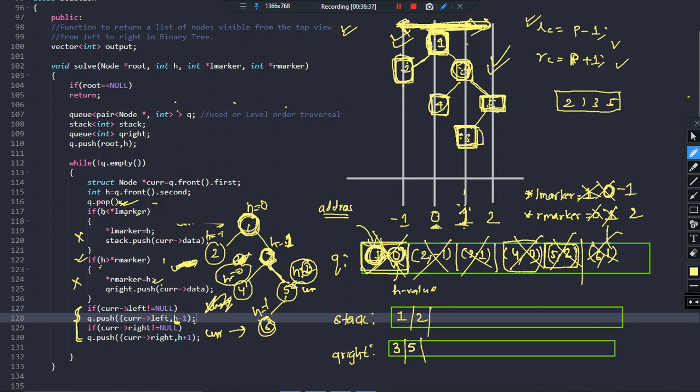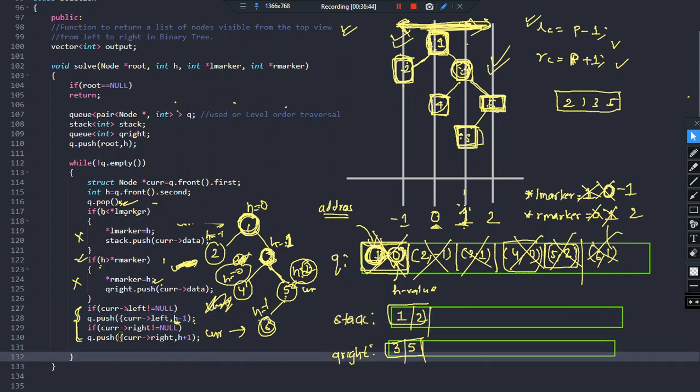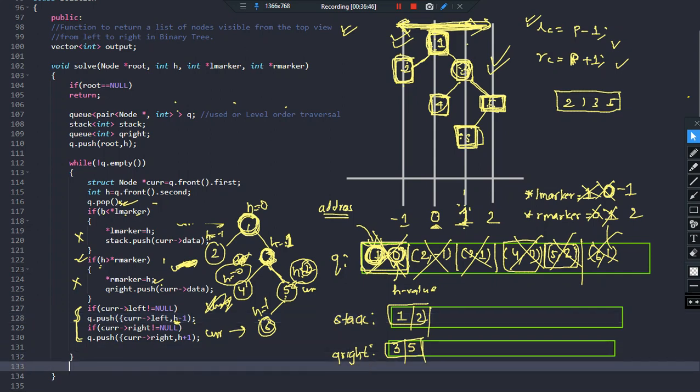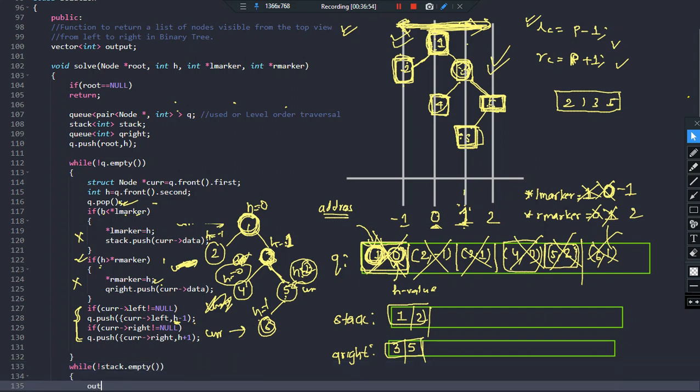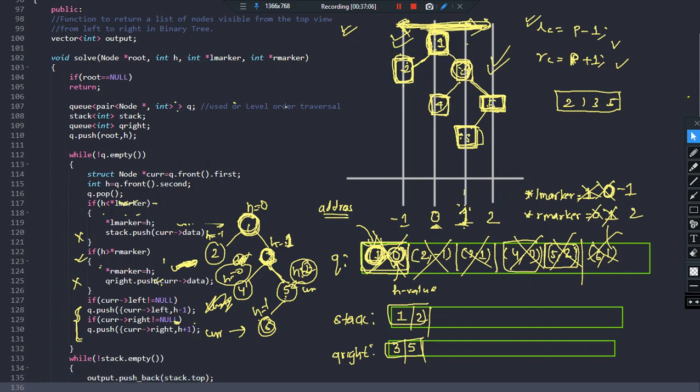So now we already have our output in the stack and queue, right. So it's time to put them into the output vector. So after completely executing this, when my queue is empty, what I'm going to do is I'll say while stack is not empty, while stack does not become empty, you just say output dot pushback the stack dot top value, right, and simply do stack dot pop.